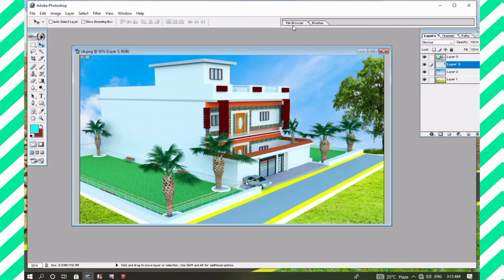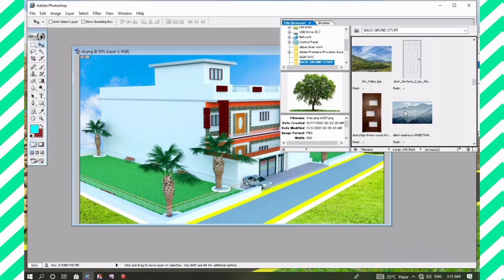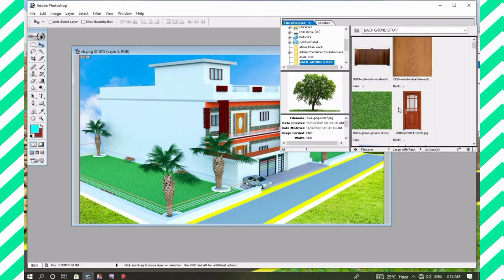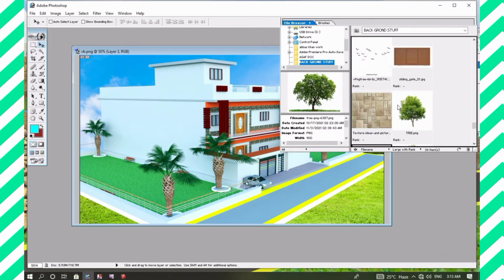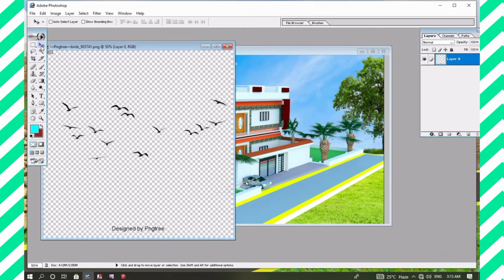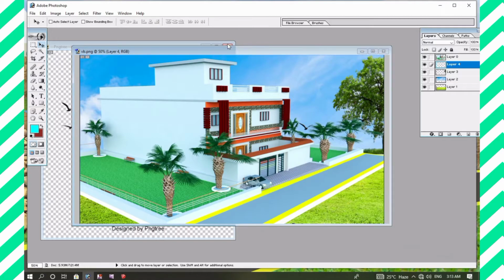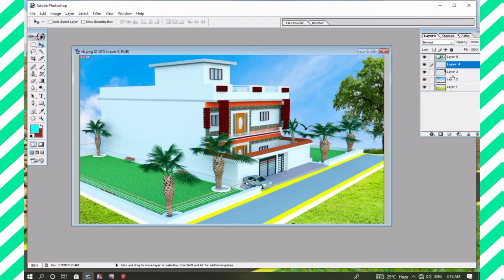And again, if I am using some other feature for this background, I am selecting these simple birds. After selecting, I will drag this one, delete the previous image, and then again adjust this layer.